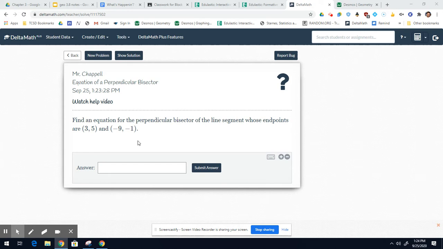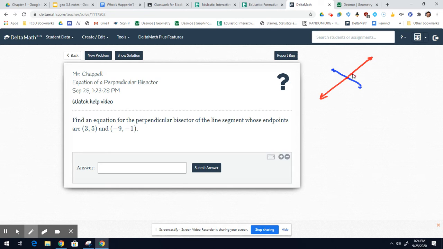So it says find an equation for the perpendicular bisector of the line segment whose endpoints are (3, 5) and (-9, -1). So I just want to draw a simple picture over here, right? So I have a segment. Let's just revisit some things. Say this is my segment. So what is my perpendicular bisector going to look like? Well, it's going to go through my midpoint, and it's going to be